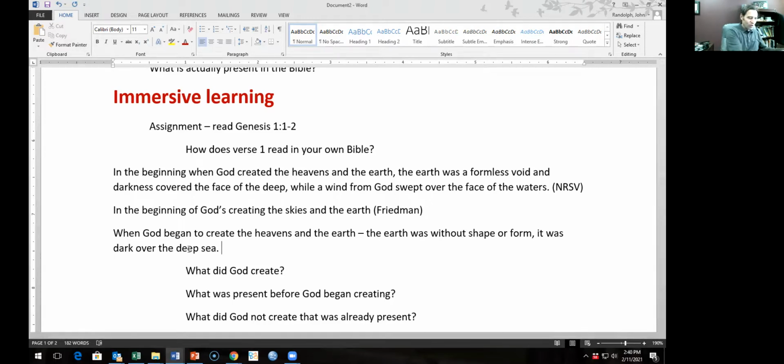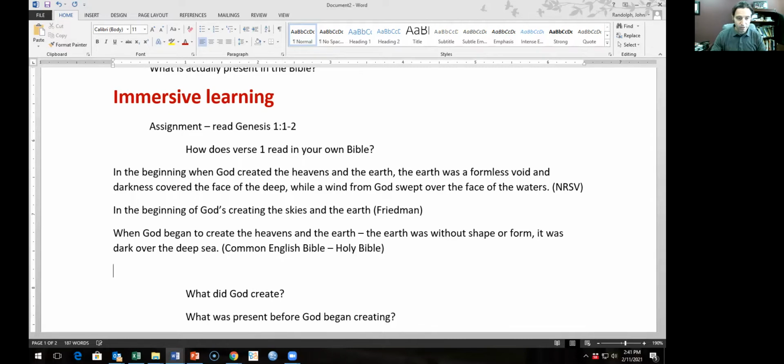Because there's a term we're going to get to, and it looks like people are definitely translating that in different ways, and that's important. And this is the Ryrie Study Bible here, and that one was the Common English Bible. It was referred to as the Holy Bible. Again, I think they're taking that off of the KJV, right? Have to be King James Version.